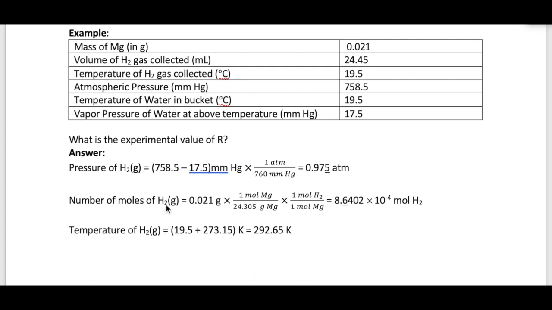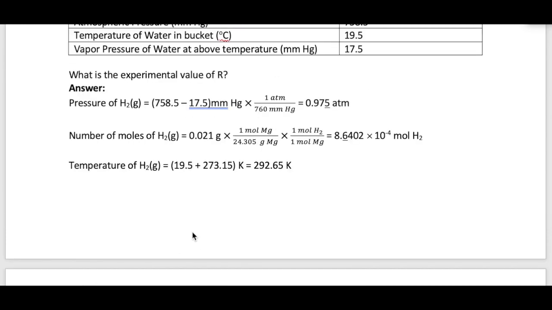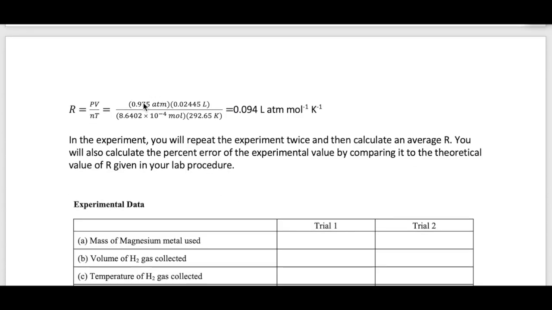The temperature of H2, I can just change from Celsius to Kelvin by adding 273.15, and that allows me then to calculate my R value. And the volume, of course, is the last step there, but that's a simple one, just converting the milliliter unit to liter. And so here's the PV over nT equation again, and calculating all that gives me 0.094